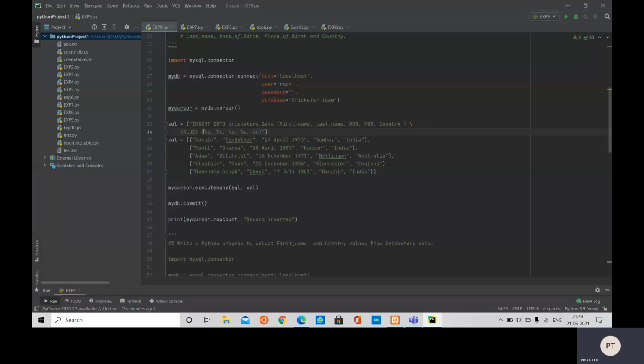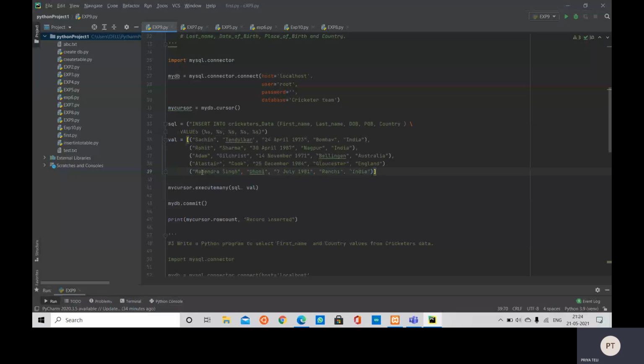So we are going to write %s here, and then we will take one more object as val, and inside that we are going to write the data to be inserted, followed by a comma, in this way.